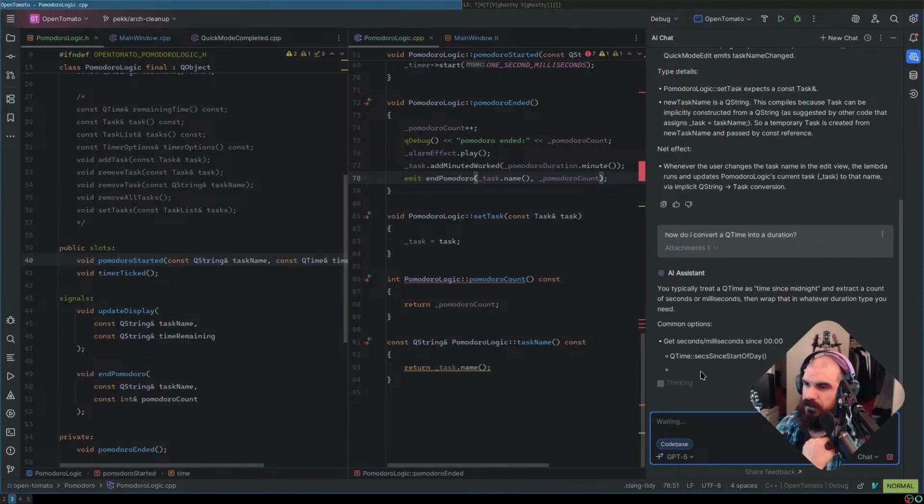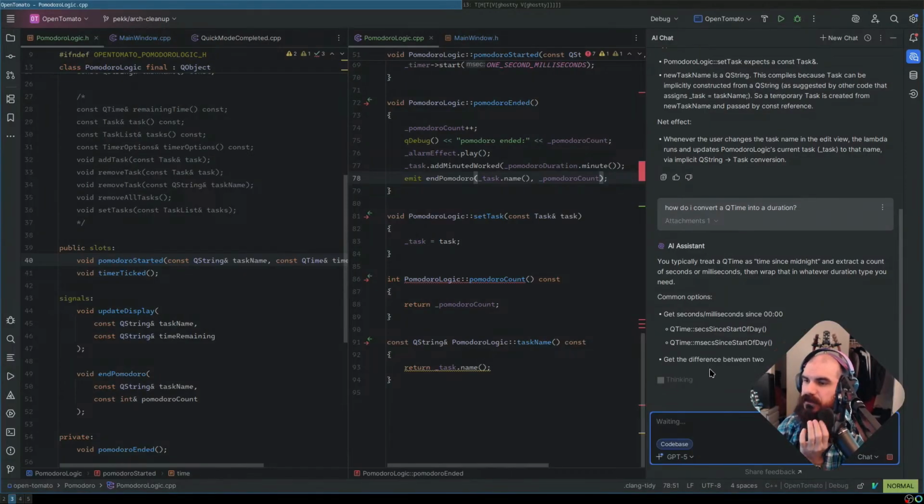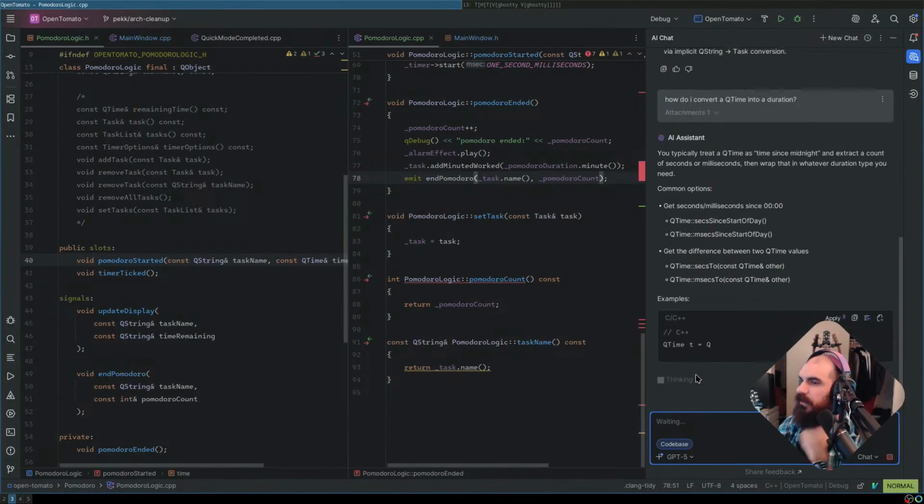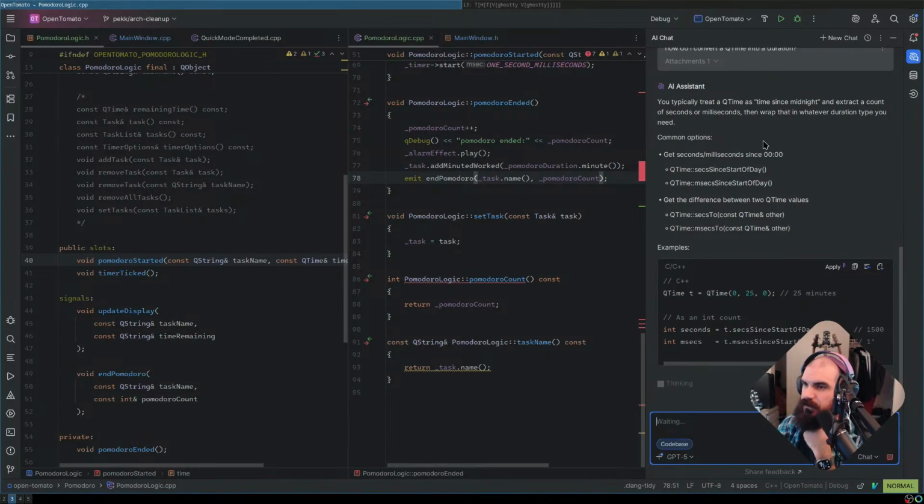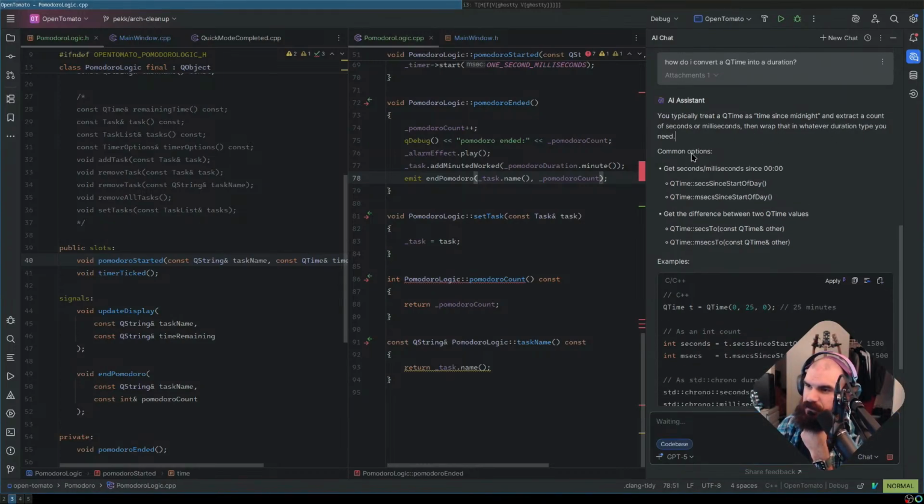You typically treat a queue time as a time since midnight and extract a count of seconds or milliseconds, then wrap that in whatever duration type you need.